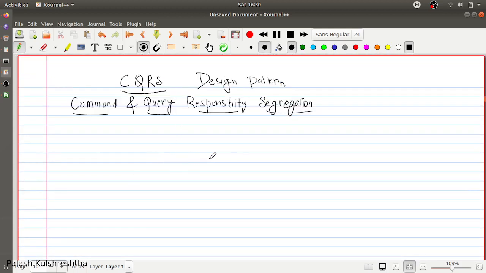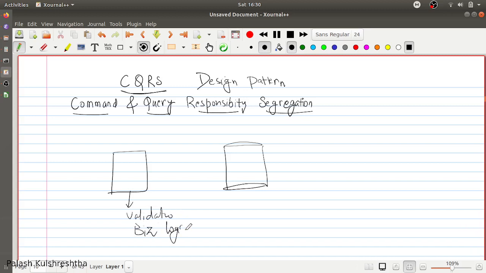In normal database schemas or normal systems, we have a database and an application, and the application handles all the validation, business logic, and presentation.